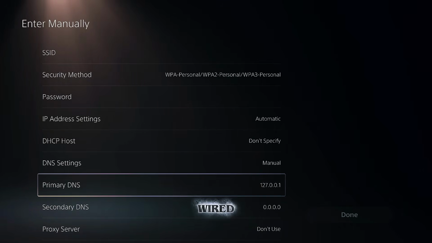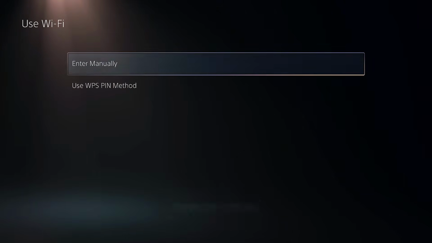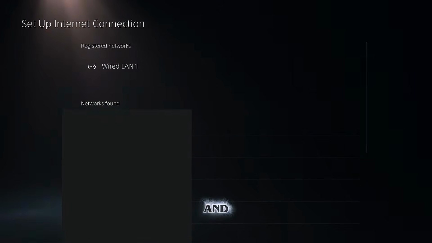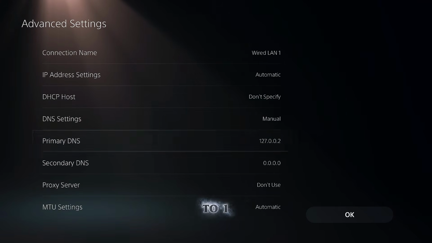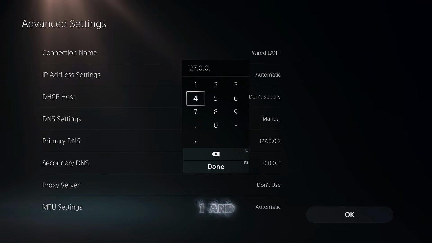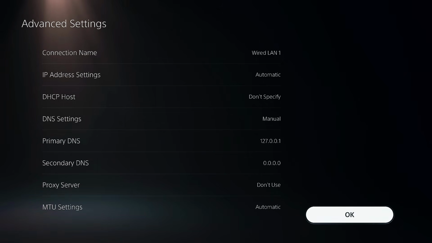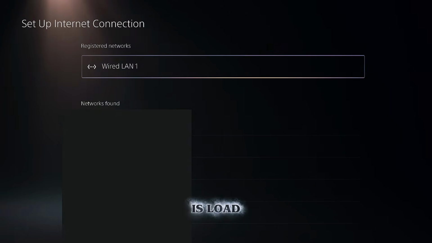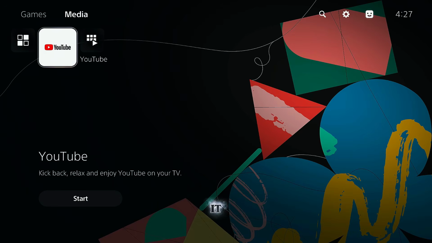If you're using a wired connection, you can just press the options button under your wired LAN and go to advanced settings, and then just set the primary DNS also to 127.0.0.1 and click OK and get connected up to your network. Okay, so now all we need to do is load the YouTube application on the PS5 and it should automatically